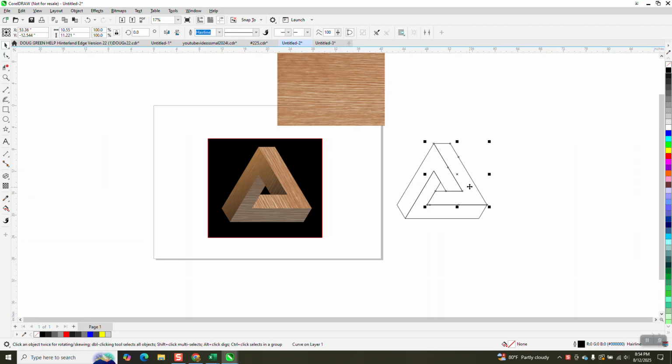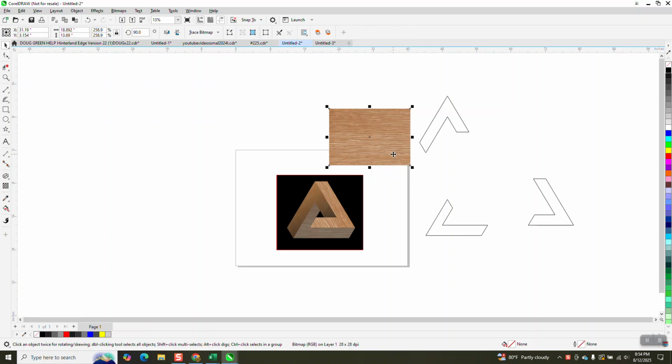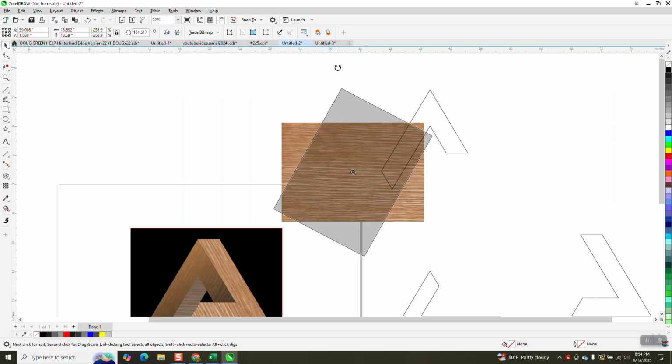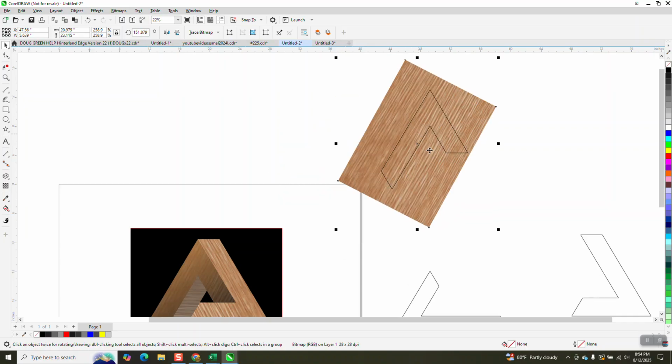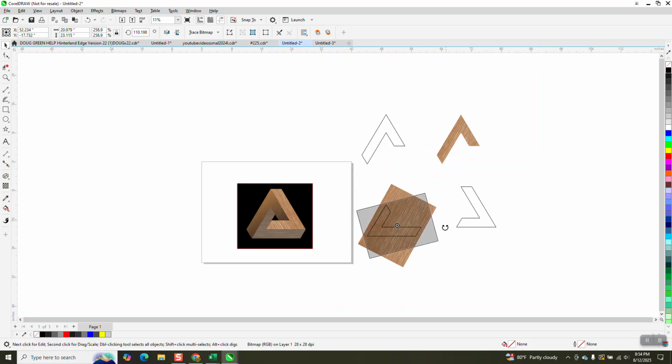So what we need to do is take these parts and separate them. Now, we've got a grain of wood here, and it's a pretty good graphic. But if we take it and rotate it and put it here, you've got to make sure that your cutout is on top. Select them both and go up to intersect. Now, do not move that. Do not move that. Move this, and we'll turn this way